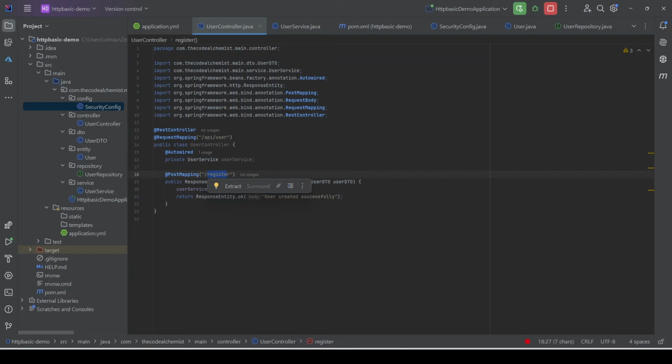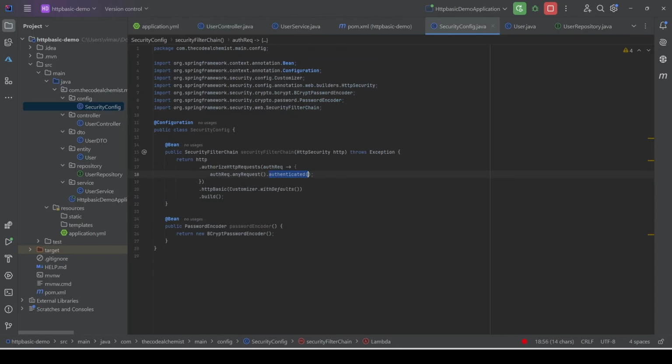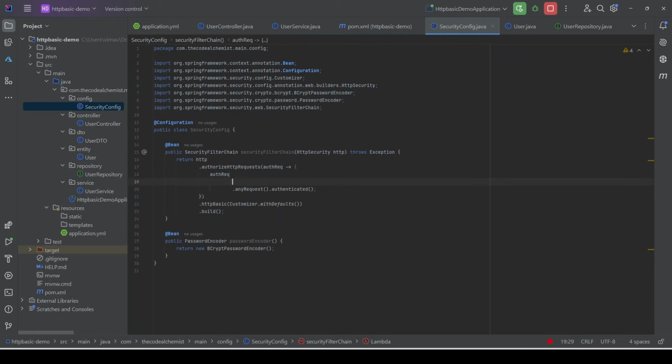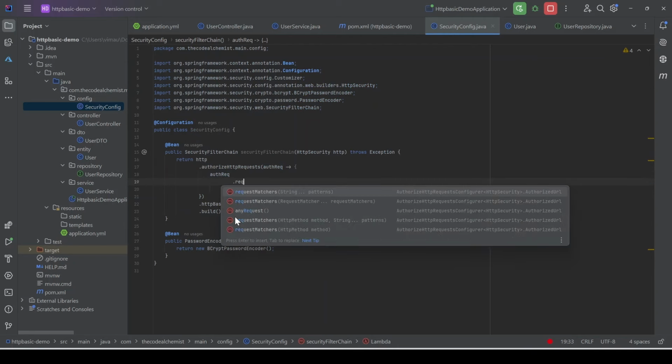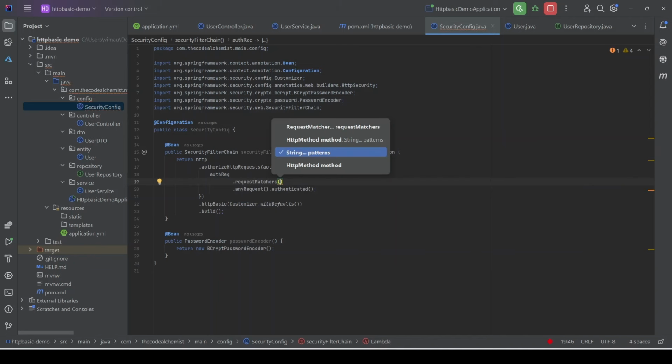Okay, so we want to make this endpoint public. How do we do that? We'll go back to the user config, the security config, and the order matters here. The first thing we will do is use a request matcher like this. In this request matcher, we will provide the endpoint. We can also provide some wildcards, but in this case, because we have a single endpoint,